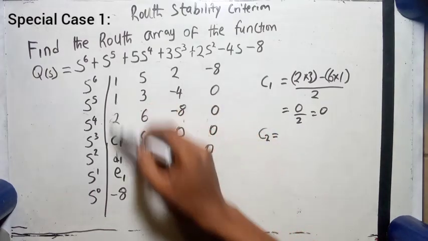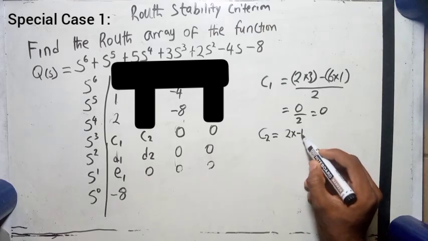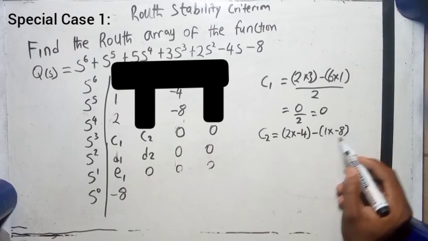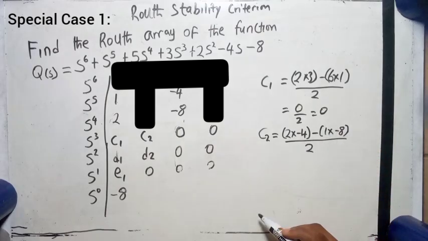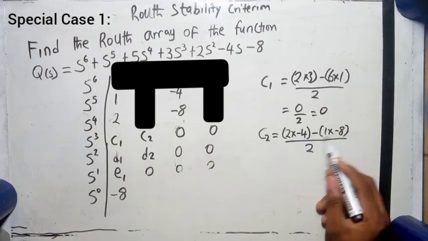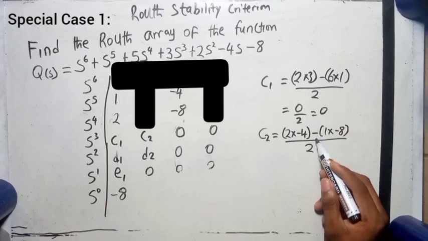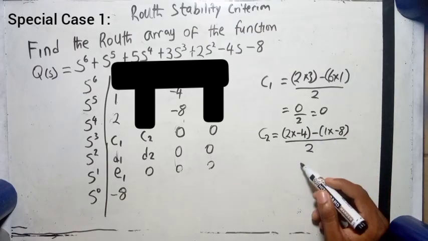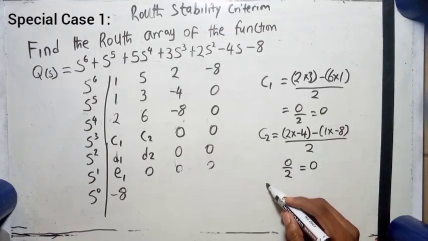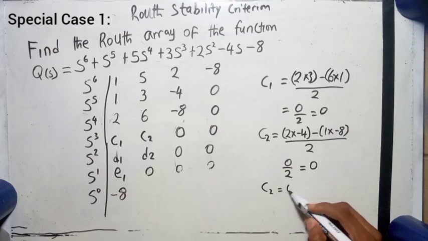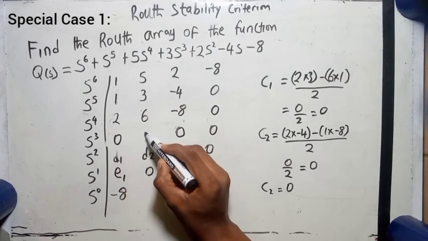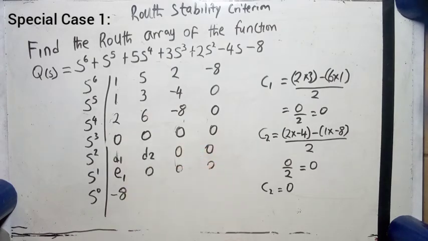C2 on the other hand is not going to be for this one and this one. So we're going to be having 2 times minus 4 minus 1 times minus 8 over 2. This will give us minus 8. This will also give us minus 8. Minus times minus here is going to give us plus. We're having minus 8 plus 8, which is going to give us 0. So we're also having 0 over 2, which gives us 0. So C2 is now also 0. So we'll come here and replace it. Now the issue is, if there is now 0, how can we get